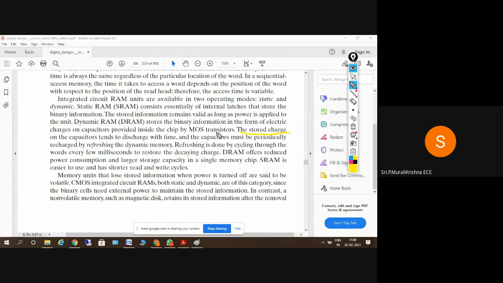The stored charge on the capacitors tends to discharge with time, so that they'll be available for a specific amount of time. The capacitors must be periodically refreshed by the dynamic memory. So the capacitor chargings and dischargings are used to store the data, or to retain the previous values. Refreshing is done every few milliseconds. And coming to this DRAM, it consumes less power